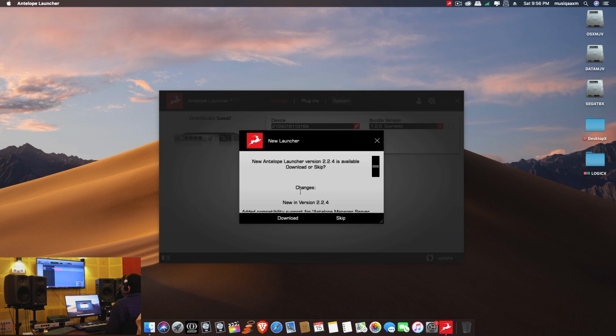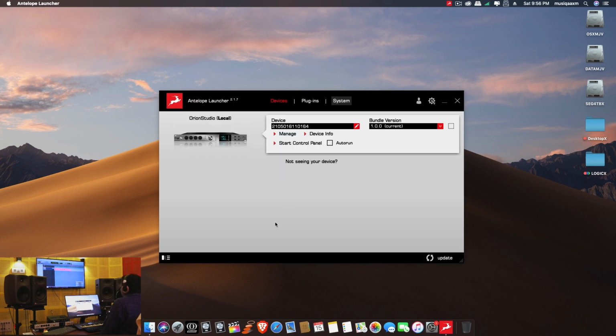So if you are running a stable system and your launcher and control panel are working perfectly fine, you don't need to do the updates. There are settings in the launcher so you can prevent accidental updates. You can see Antelope is providing a new launcher, and we have the option to skip. If your device is connected to the internet, when you start the launcher, there will be a pop-up like this, so you can skip this. If you download this, sometimes it will ask you to update, or it will update automatically on the next start. Okay, I am skipping this.